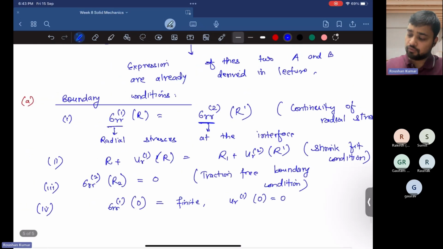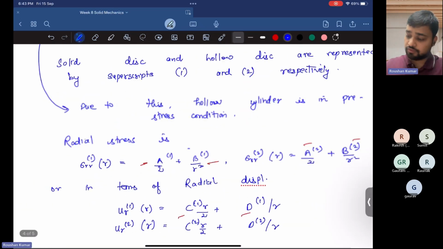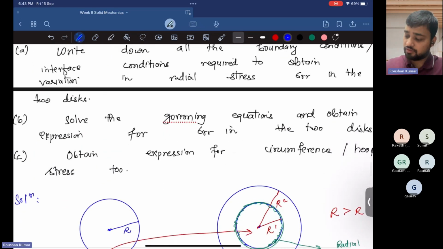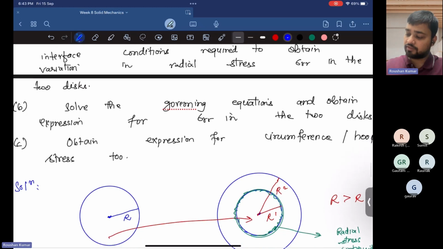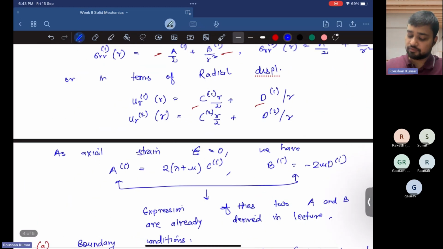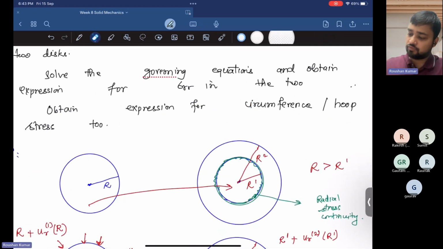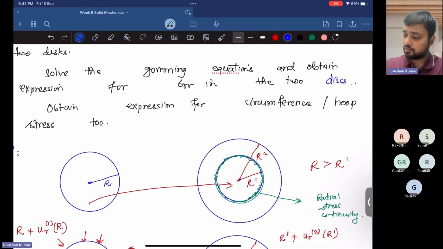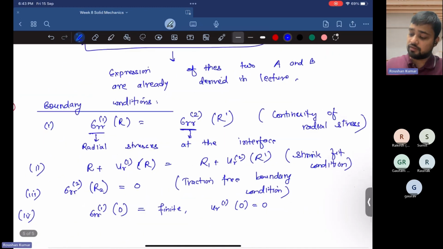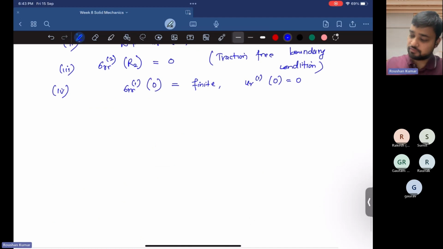So we have these four boundary conditions. This is the first part of the question. The second part of the question is: solve the governing equation and obtain the expression for sigma r in the two disks. So we have to solve the governing equation and find the expression for sigma r in both the disks. So the second part of the problem is,